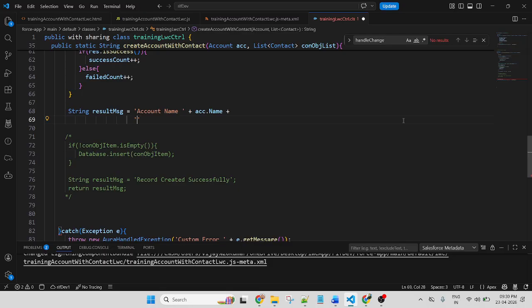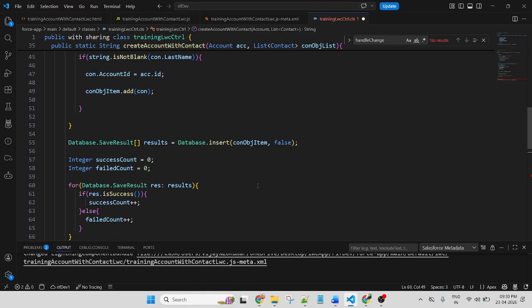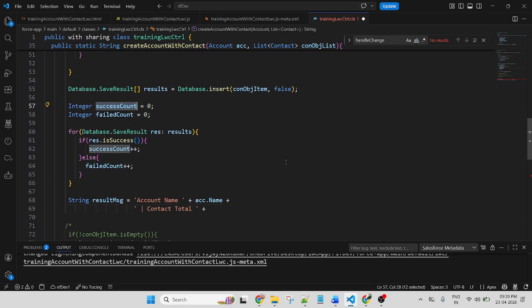So here I'm using a separator so that I can identify the contact total, plus contact total. That means this one.